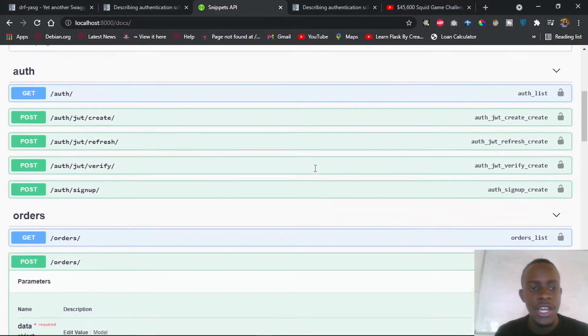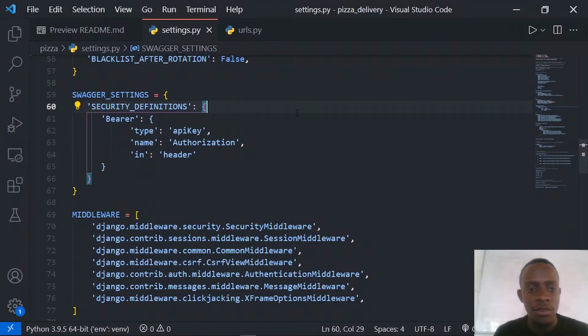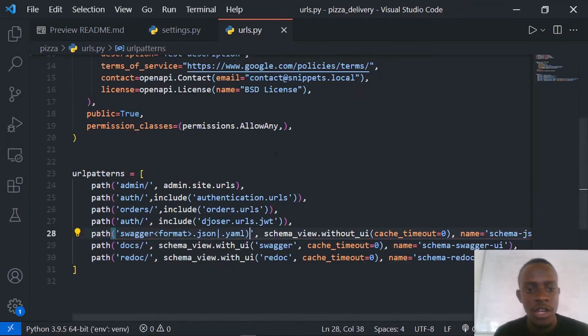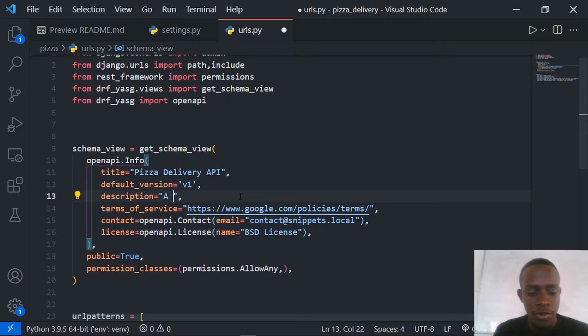Now let's also see how we can customize our documentation. So right in here, we have the different things within our urls.py that are specific to our API. So we can change this to, let's say, pizza delivery API. Then we shall give our description. So our description is going to be pizza delivery API. Actually, what we can do is to say a REST API